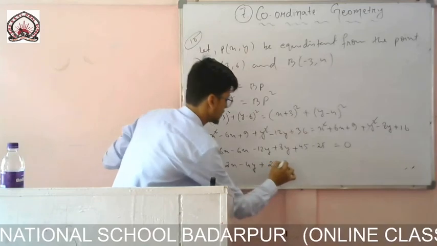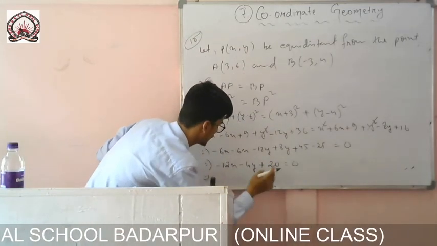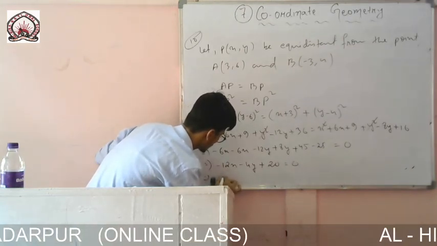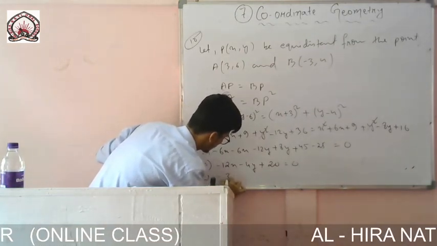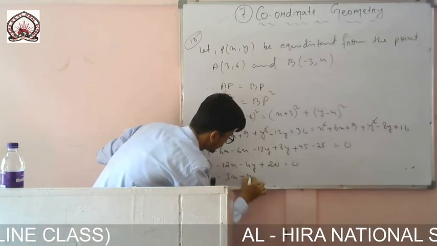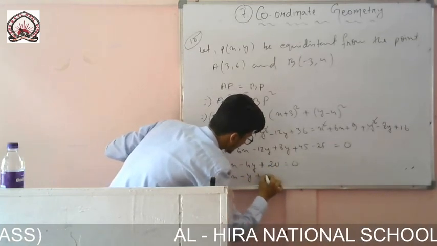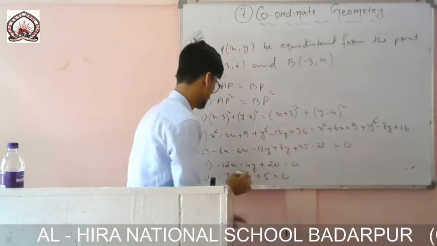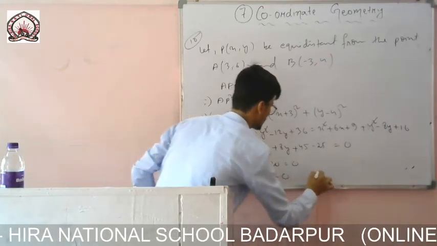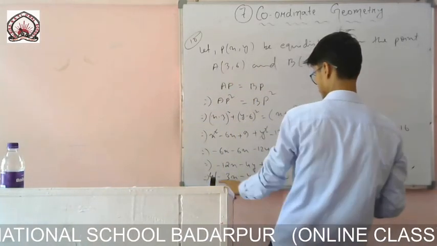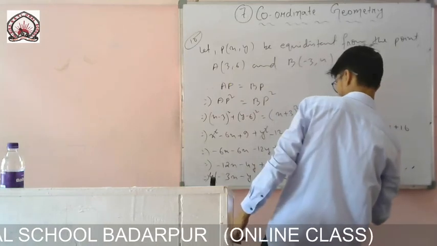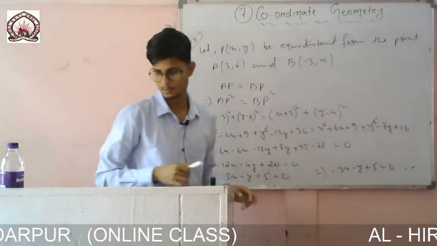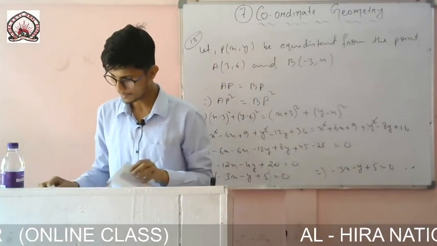Okay, you see here, and there it is 0. Now you see all are multiples of 4, so I can take 4 common. What is left: 4 3s are 12, minus 3x; 4 1s are 4, so only minus y; and 4 5s are 20, which equals 0. So if I take 4 common, the 4 will go there. Write one more line, it will not be that tough. So the answer will be minus 3x minus y plus 5 equals 0, which is the required relation.